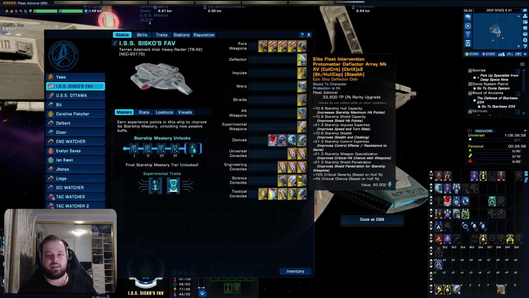Alright, next up, guys, we have the Elite Fleet Intervention Protomatter Deflector, otherwise known as the Colony Deflector. So if you see somewhere they say, oh, yeah, use a Colony Deflector, this is what they mean. This is from the Fleet Colony world. This is the go-to deflector for a majority of the builds you'll probably see on my channel if it's not